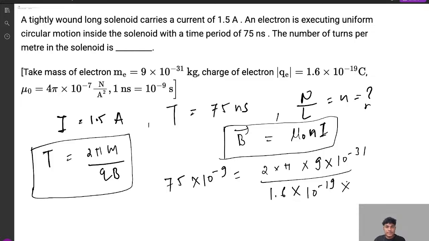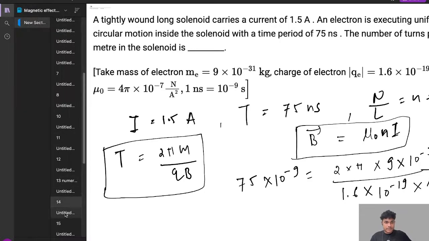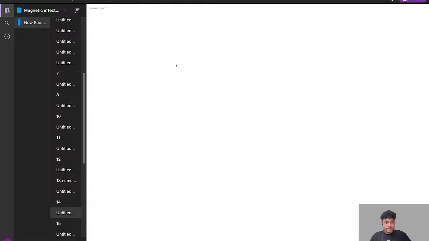And what is our B? That is mu naught nI. That is mu naught n into I. What is I? I is 1.5. Now from here we can calculate, from here we get